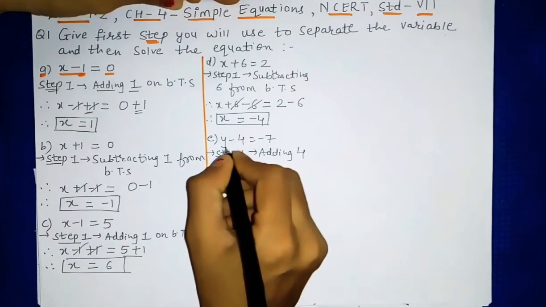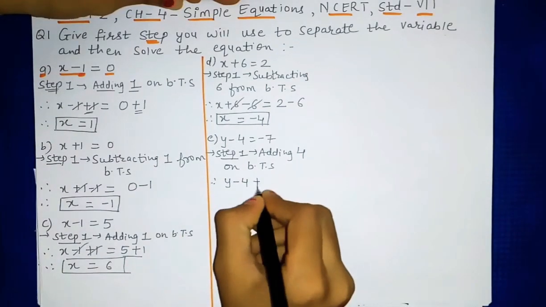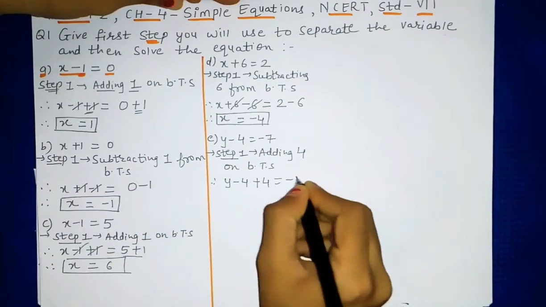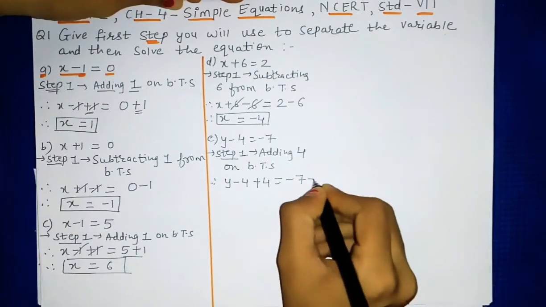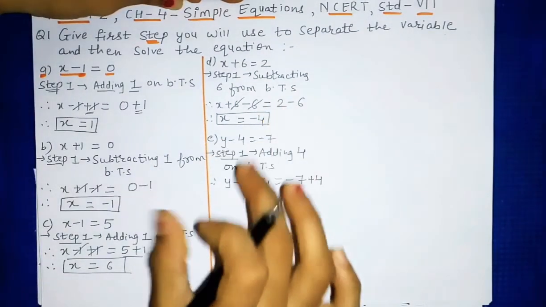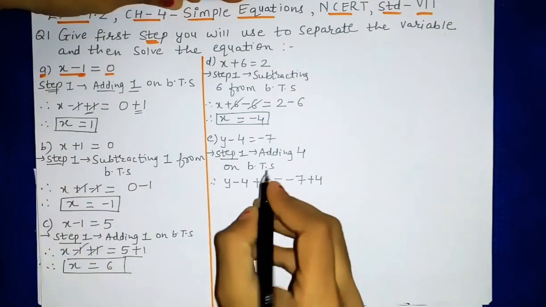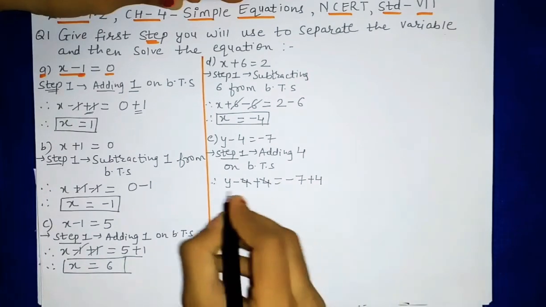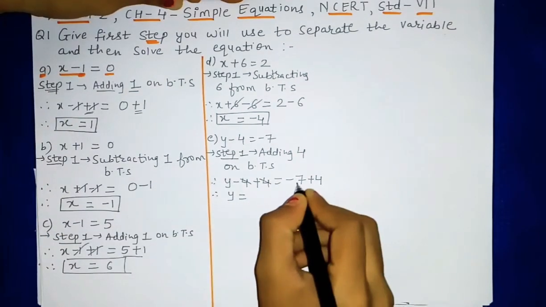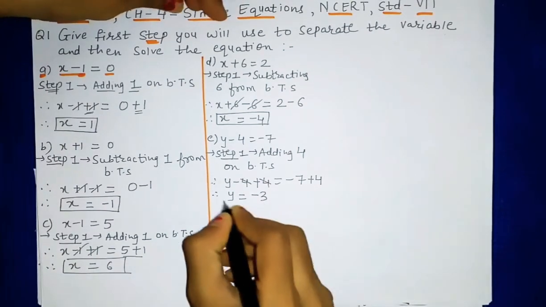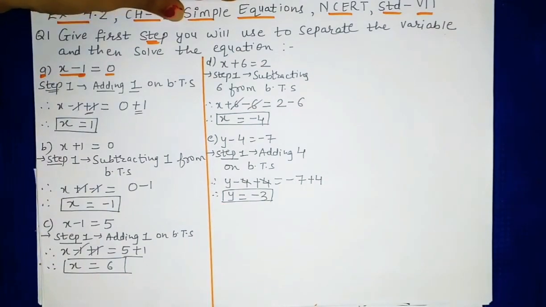So our LHS was y minus 4. So we are adding 4 this side. So write +4. Again this side RHS part -7. So here also we will do +4. Whatever step you are doing, that you have to do on both the sides. LHS में भी करना है और RHS में भी करना है. So this -4 and +4 again cancelled. So this side only y is left, and this side -7 plus 4 will give you -3. So this is the value of this variable y, -3.